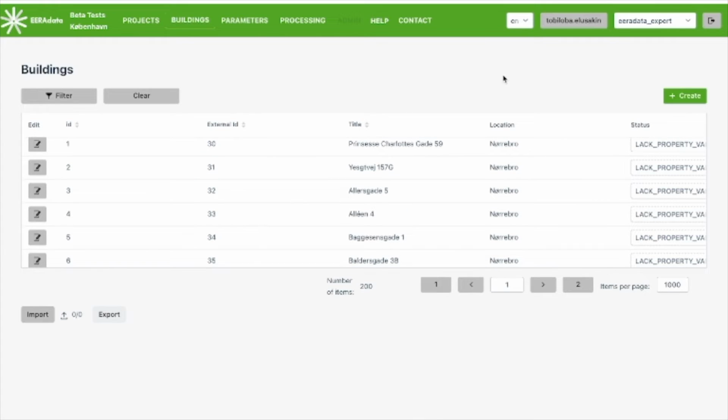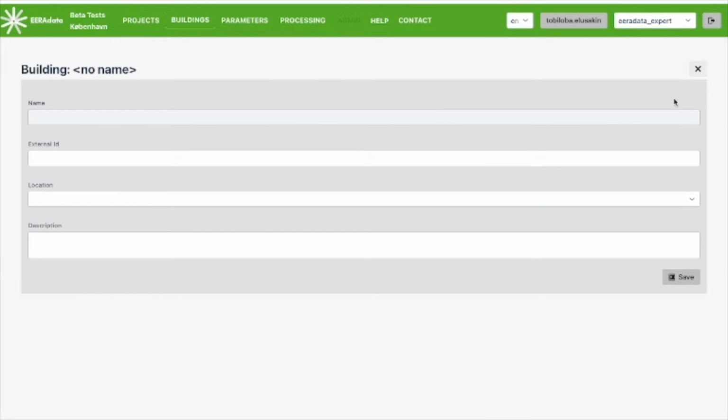We can then create our own building and add data by first clicking on the Create button. Following that, we are able to add some details about the building. We can name this tutorial Building 1,